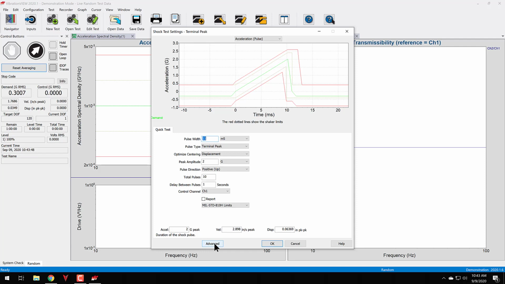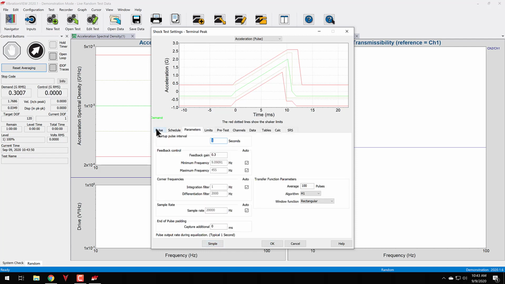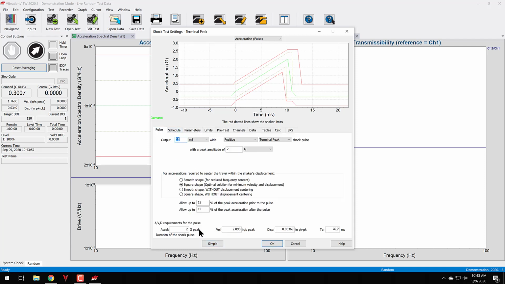So I go to my advanced tab here, and I can look at my information. We're looking at a 2G peak. So as we saw earlier, we're able to do a lot more. What was it, 84 or something? So this is our velocity, and this is our displacement. So yes, I can run this particular test with this particular shaker because all of my boxes,